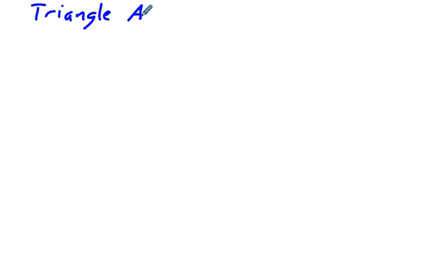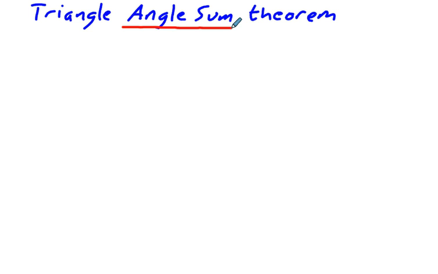Triangle Angle Sum Theorem. If you look at the name of this one, it kind of tells you what it means. Angle sum. Well, sum means plus, so we're adding angles together. So what the Triangle Angle Sum Theorem tells us is that for all triangles,